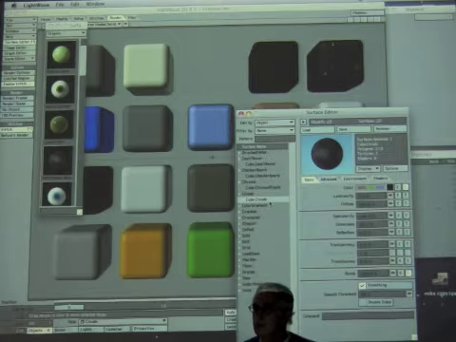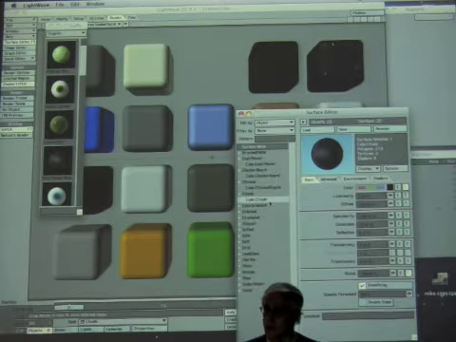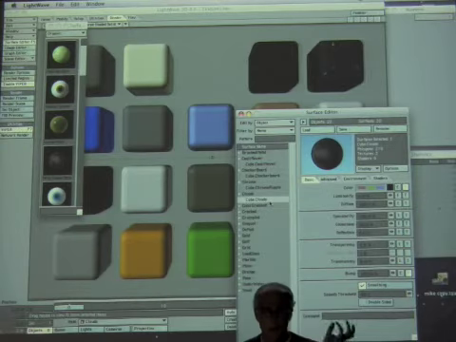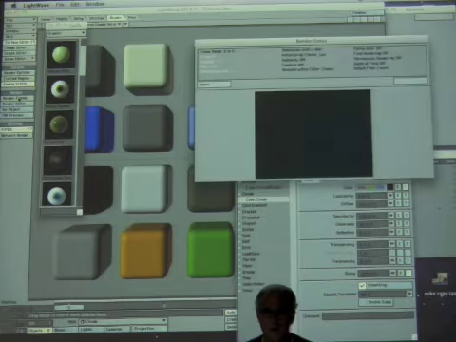So the name will not necessarily look the way it is. It doesn't translate when you copy. The name doesn't translate. But as soon as I render this, if I render frame,